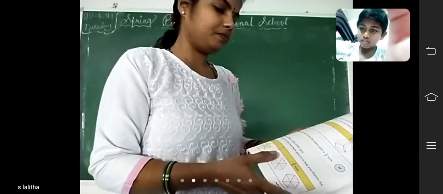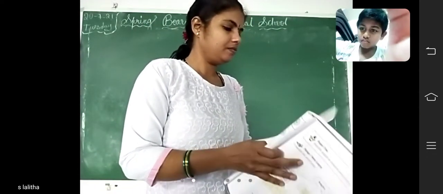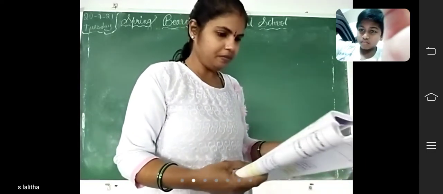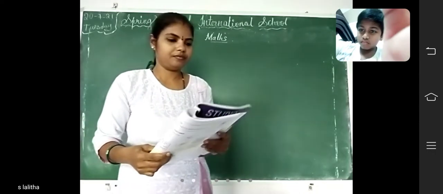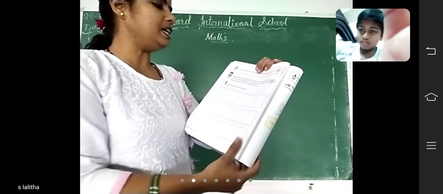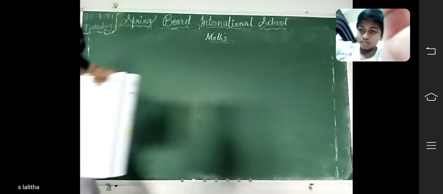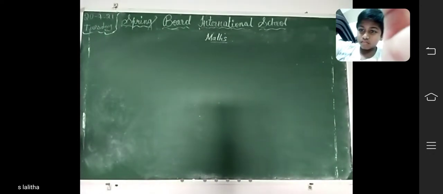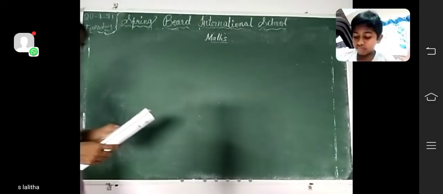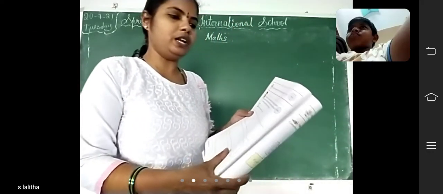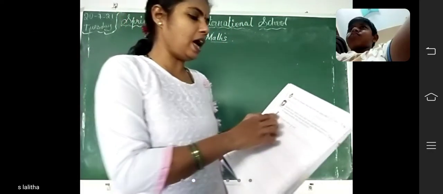Okay, ma'am. Now see page number 34, children. Identify the capital letters that have rotational symmetry and draw them. Write after how many turns the shape looks like its original position. One is done for you. See here, I have given it here.